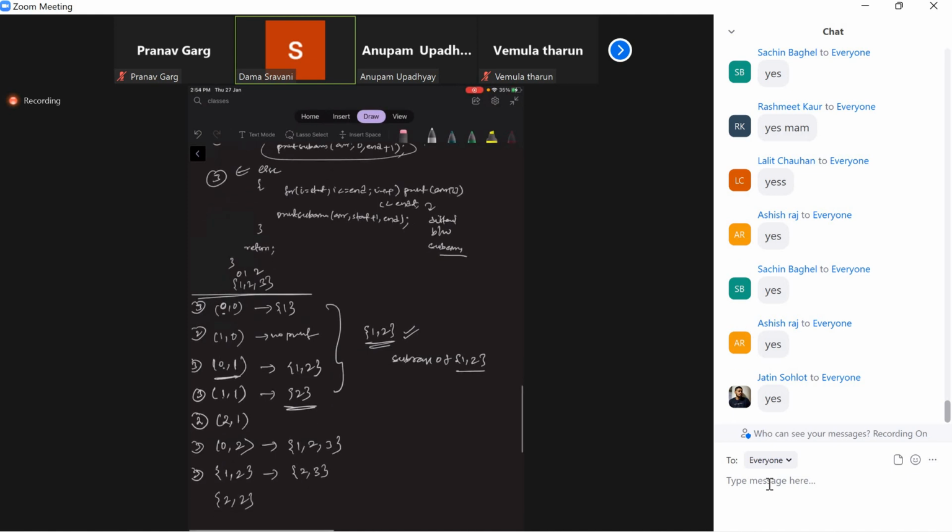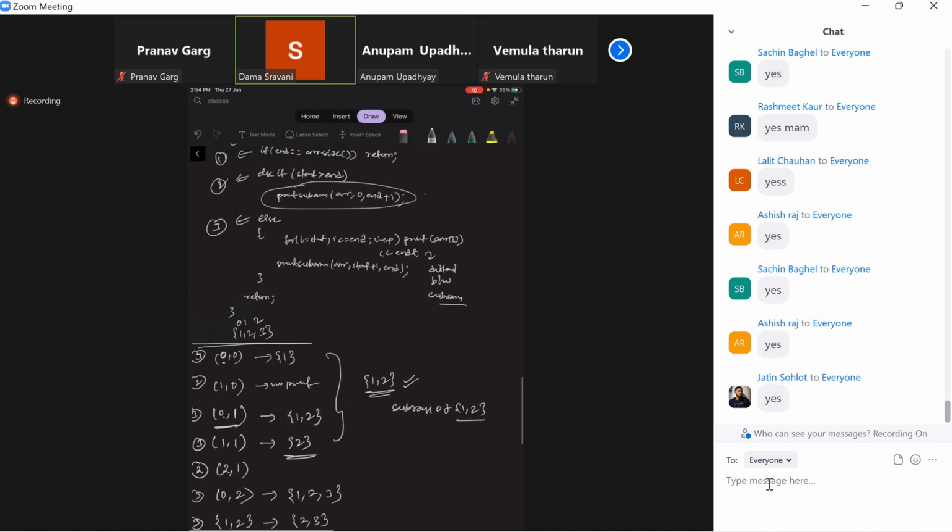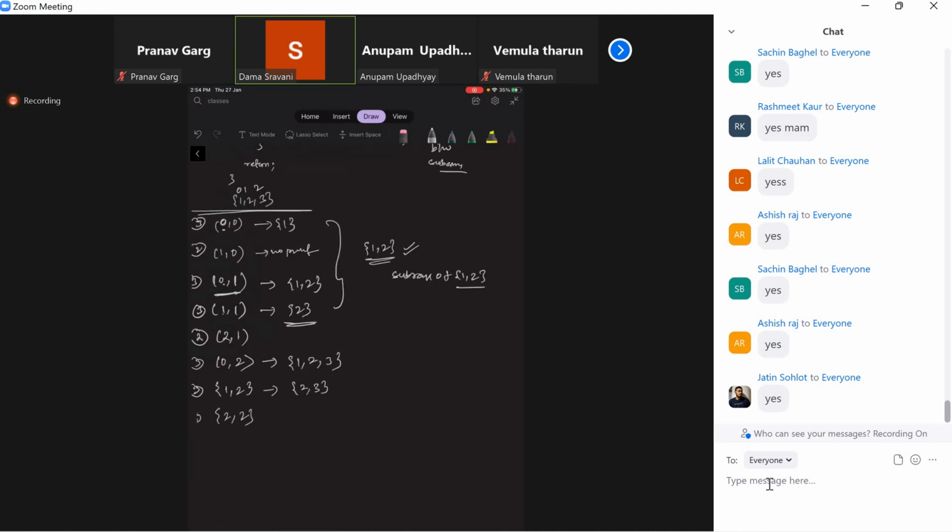Start 2, comma 2. First condition is not satisfied. Second condition is not satisfied. It will come to the third condition. If it comes to the third condition, it has printed 3. And it has called which function? It has called